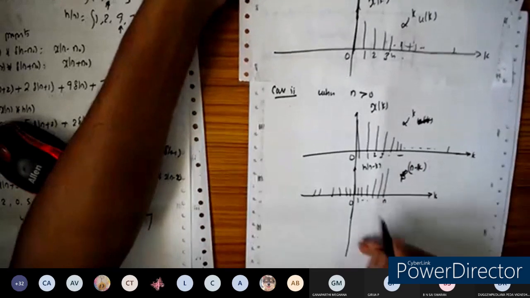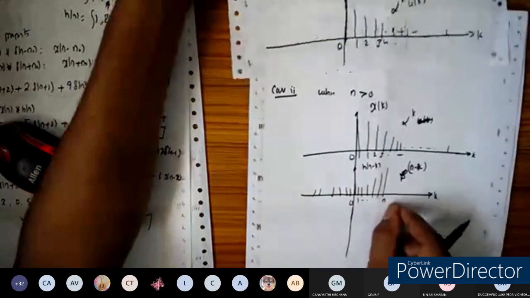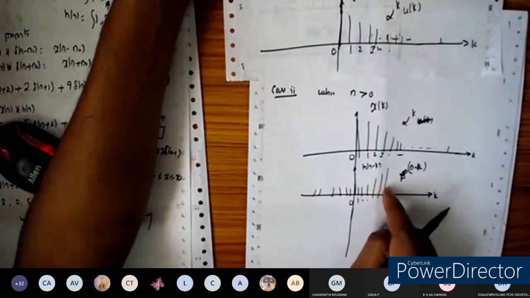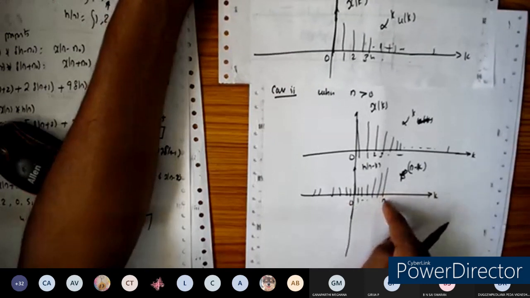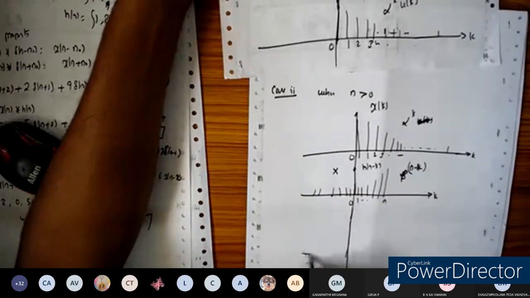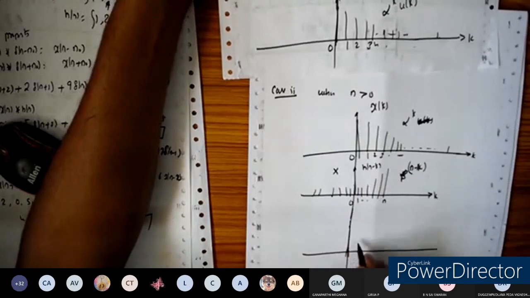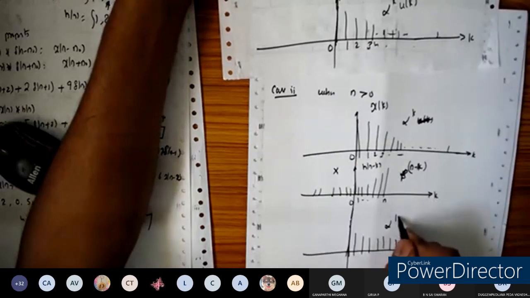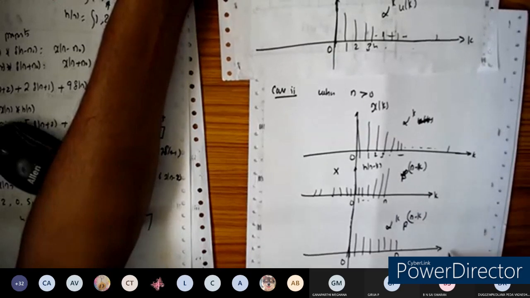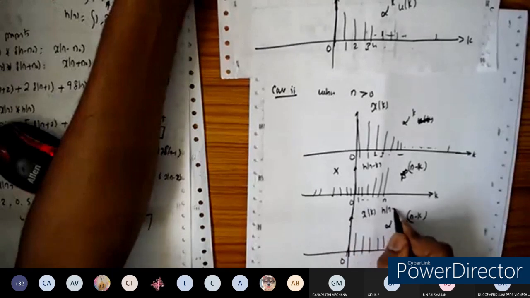Okay, so got it now. This is n here. I'm going to move the n towards the overlapping range like this, so the sequence will be overlapped from 0 to n. When I take the product, the sequence will be somewhere like this. The product will be alpha to the power of k into beta to the power of n minus k. The overlapping region is from 0 to n. So this is x of k, the product with h of n minus k.